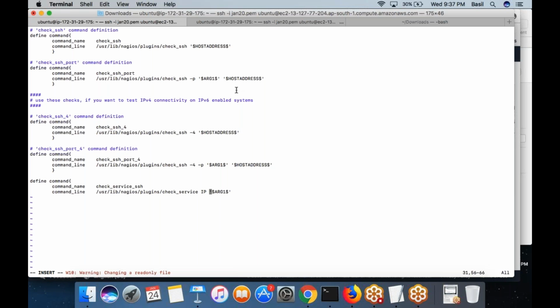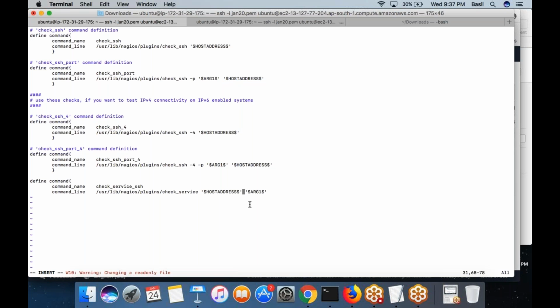Host name is one argument, and there is something called host address. Take a look here. Host address is passed to the command by default, even if you don't specify that as an argument in a service.